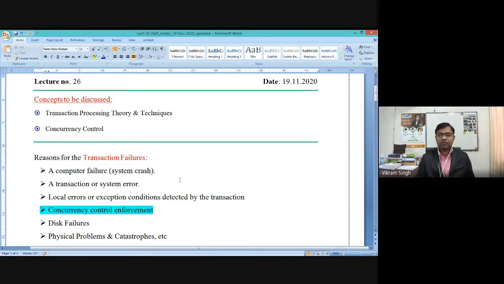So we are trying to apply some force, some conditions on these transactions, due to which sometimes a transaction is terminated or aborted. So you might have this experience that, yeah,